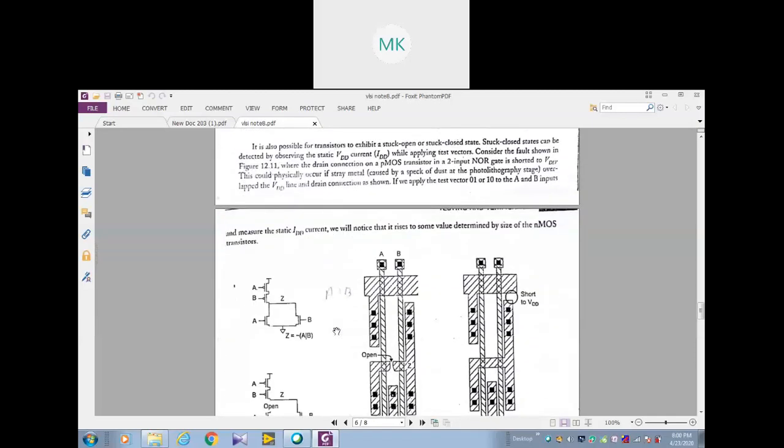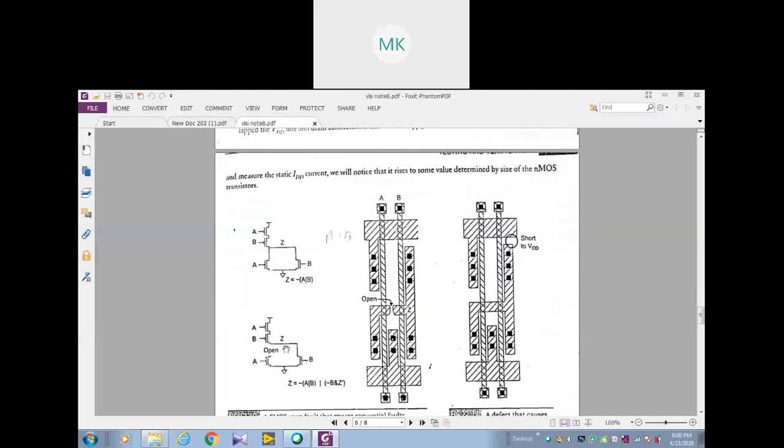Next is open circuit fault. Now see here. Compare these two circuits. They are the same; this one is an example for the NOR gate. Now here this line is open. This is the expression for the NOR gate, but when this line is open, this fault is called an open circuit fault. When this one is open, the output expression is entirely changed. Instead of getting the NOR gate expression, we are getting some other expression because of the open circuit fault.